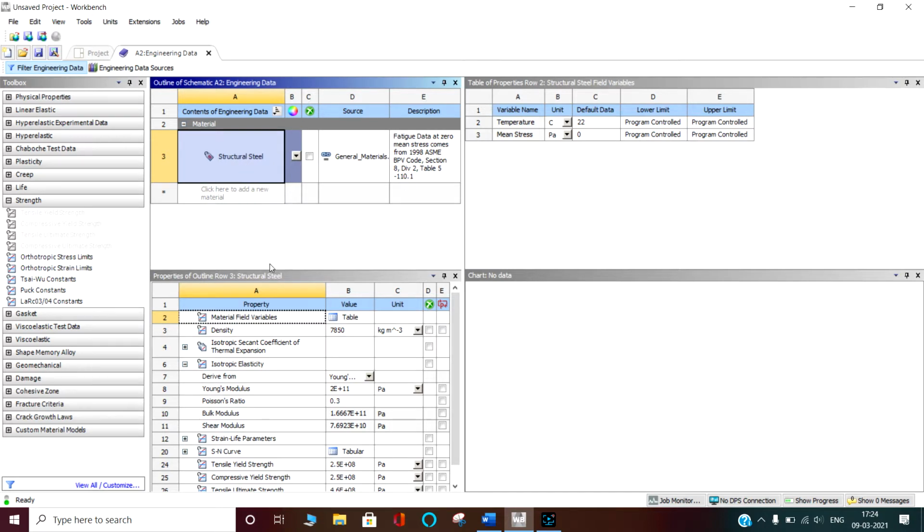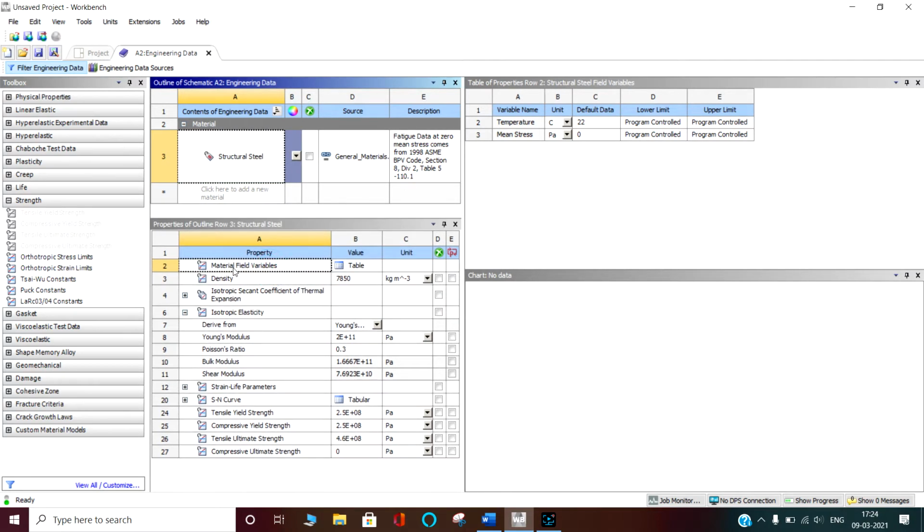Structural steel has density and isotropic elasticity material properties, that is Young's modulus and Poisson's ratio. Bulk modulus and shear modulus are dependent, because for an isotropic elastic material only two independent material constants are there: Young's modulus and Poisson's ratio, or Young's modulus and bulk modulus.